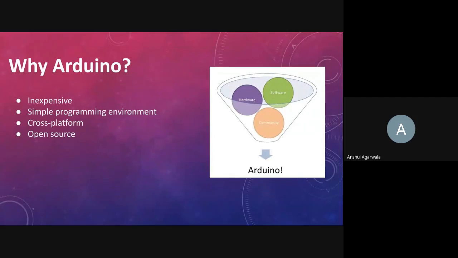First of all, it's cheap. The genuine board costs around rupees 3000, and since it is open source, you can buy a cheap knockoff costing from around 500 to 600 bucks from Amazon. Apart from the price, it has community support. You know what? Hardware can get messy at times. So when you are stuck somewhere, all your answers will just be a Google search away.